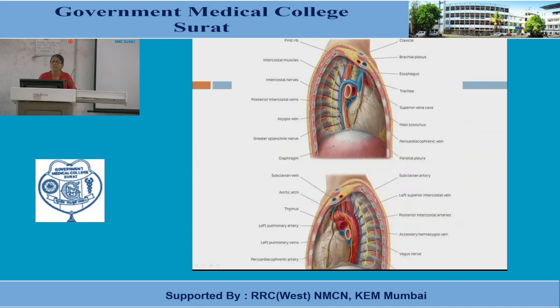You can see the azygous vein, the arch of azygous vein, and the superior vena cava. ये राइट व्यू है. ये लेफ्ट है. नीचे वाला जो है वो लेफ्ट व्यू है. You can see the arch of aorta in superior mediastinum. This is descending aorta. These are posterior intercostal vessels.